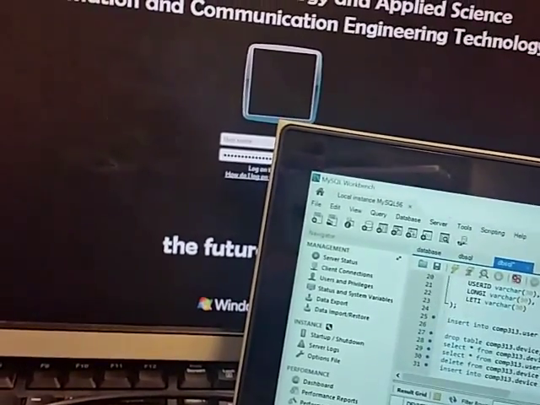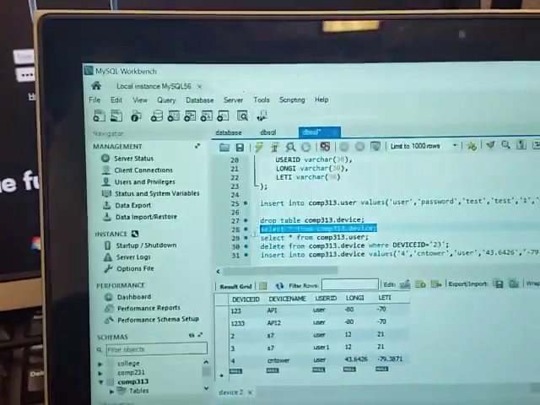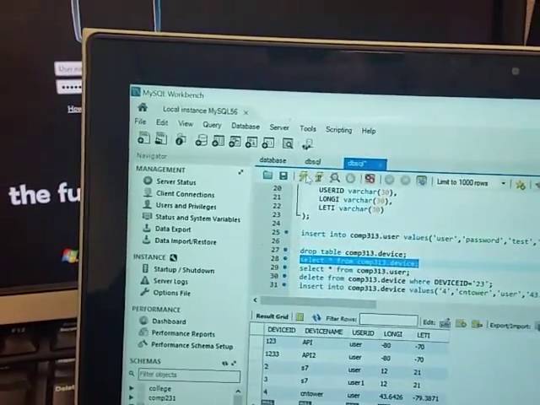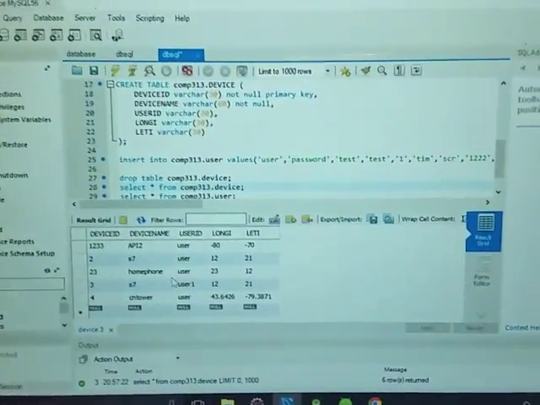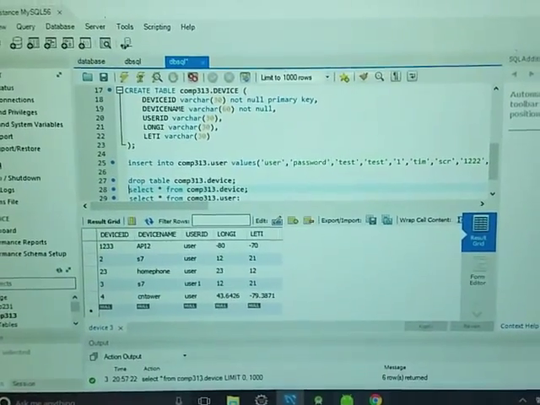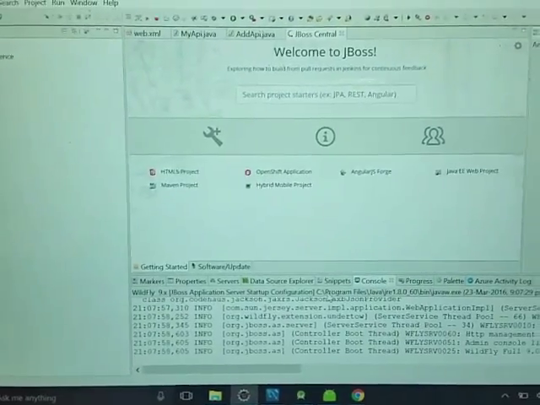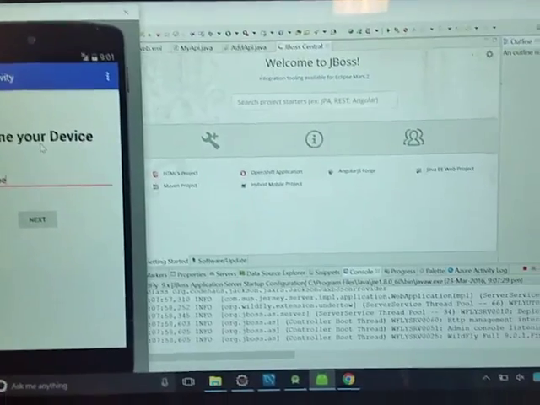And here are our database entries. If we select this, here is the data that got into the database through the cell phone. So it is showing the communication, the data going back and forth between the Android application and our web server. The APIs are working, but we still need to do work on our Android part,